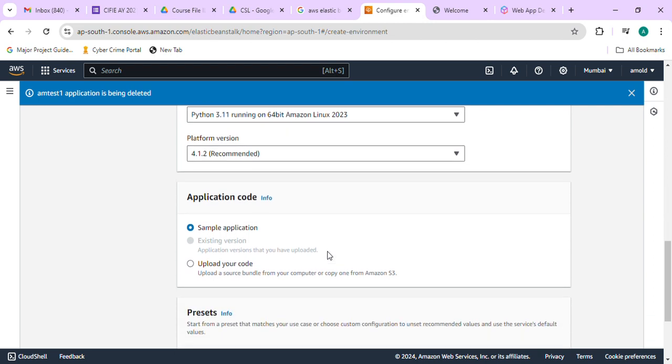Then application code, there are two ways: sample application and upload your code. Okay, so if you are having your own Python code, you can upload it. Else there is also sample code available, you can just take that code and deploy. Now here